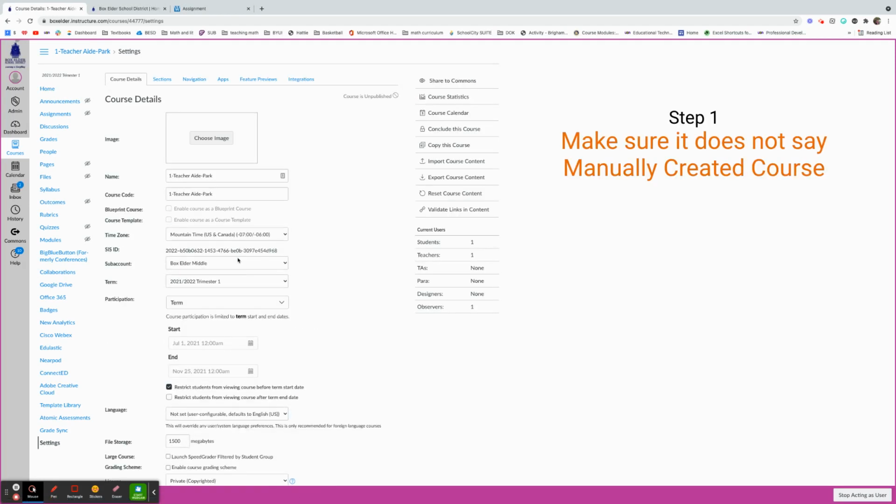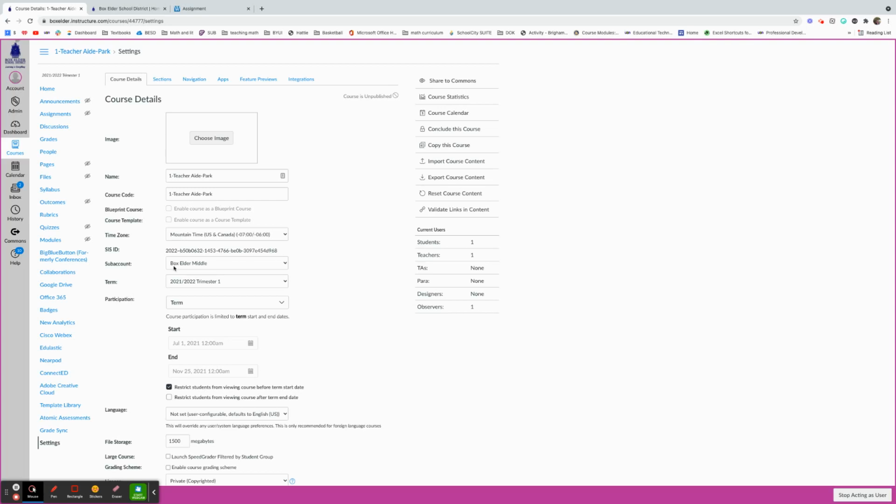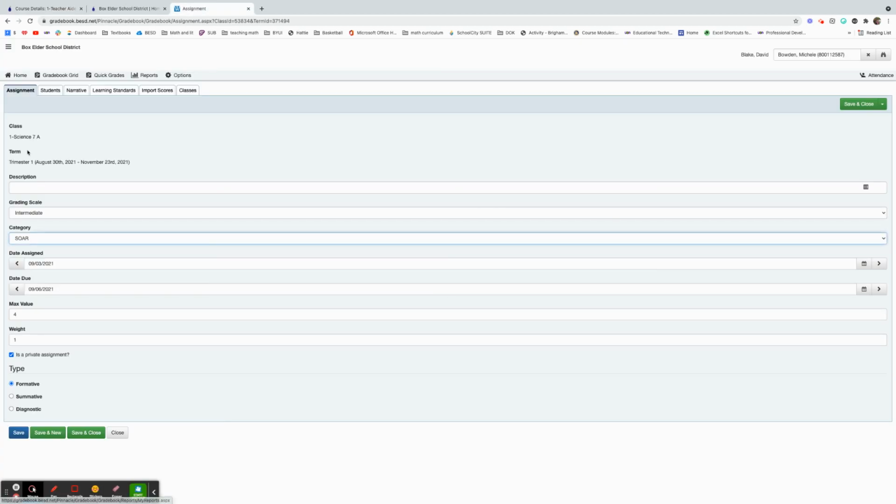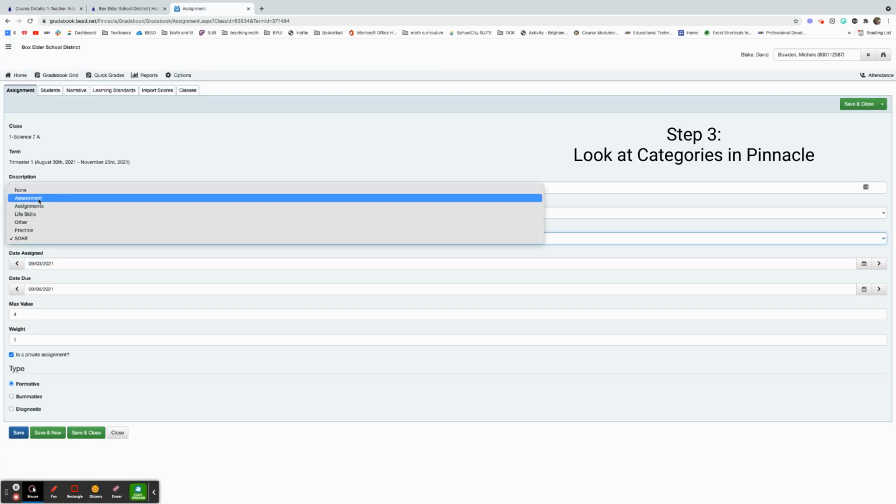need to check that this right here has this weird long number, that your sub account is a school name. If it says manually created course, this will not work. So this needs to happen. Okay. Once you are there, you need to come to your gradebook, and in your gradebook, under categories, these are